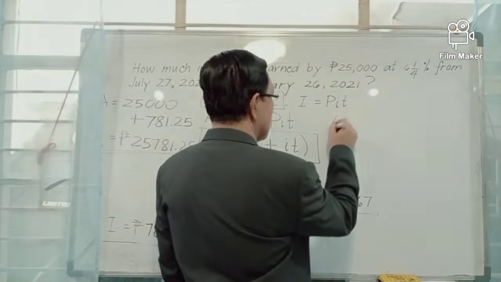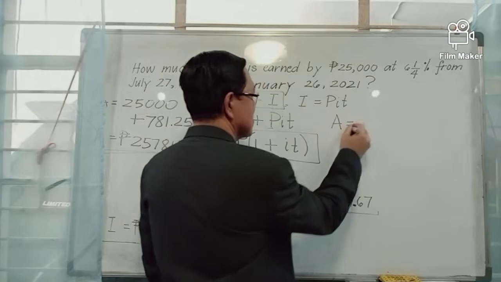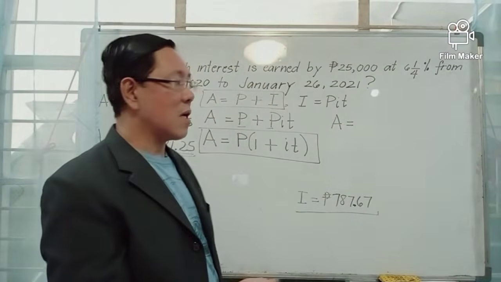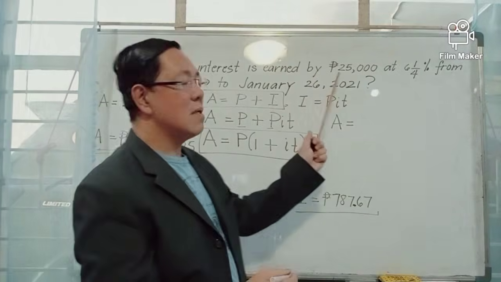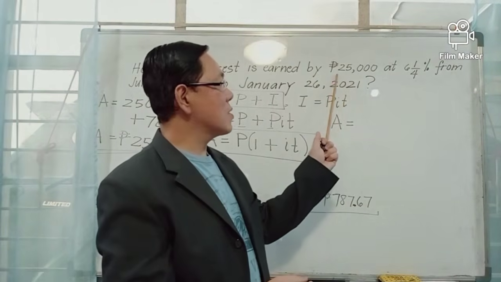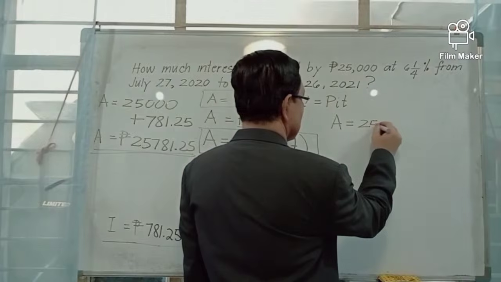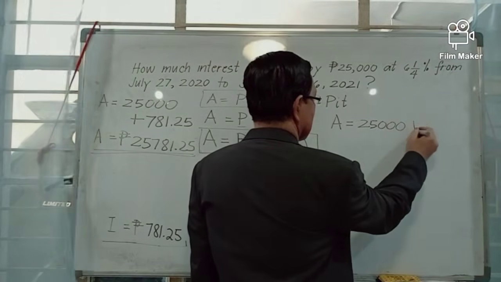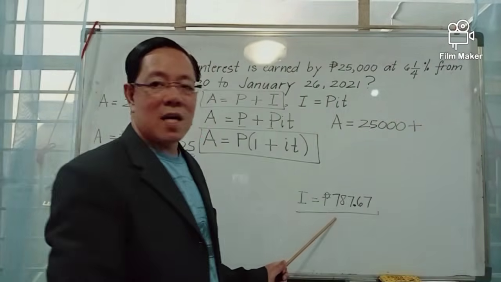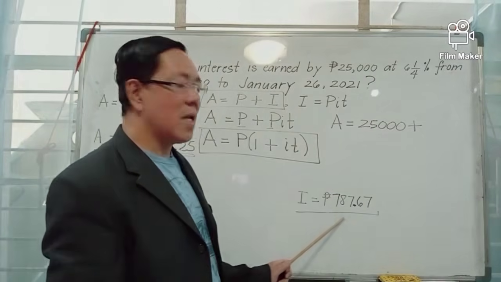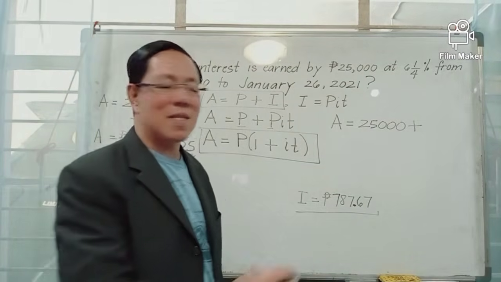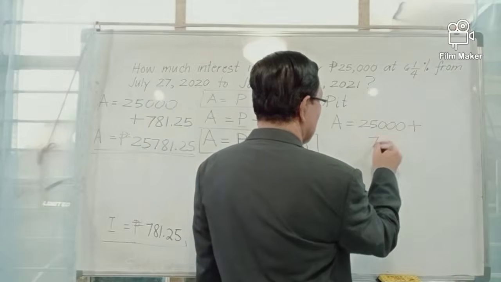Thus, the total amount to be paid using exact time equals principal, the original amount borrowed, 25,000 pesos, plus the exact amount of interest,